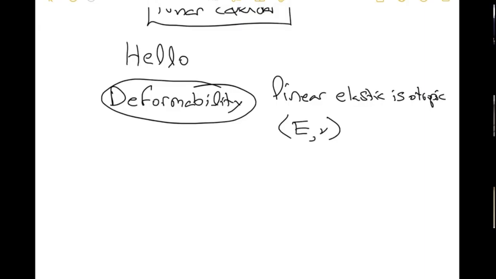And so if a material is linear elastic isotropic, if you can know those two values, that means you can solve for the deformation of any boundary value problem. So you can have any shape of a body, and you can have loads on it like this, and you can have a fixed side, and now you can solve this problem of how it deforms if you know E and nu. And this just has to do with how it deforms. It's typically small strain, and there's no damage happening. So strength is not a concept yet when we talk about deformability.